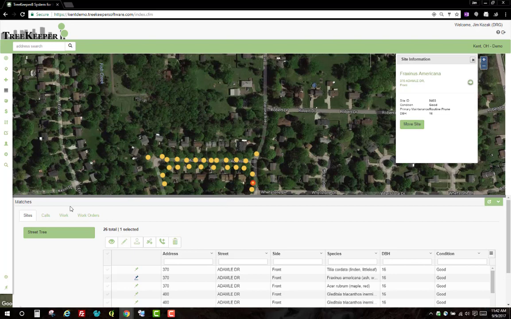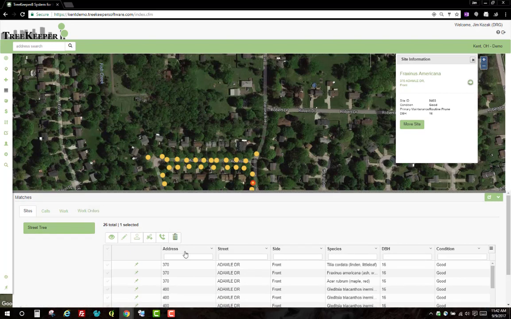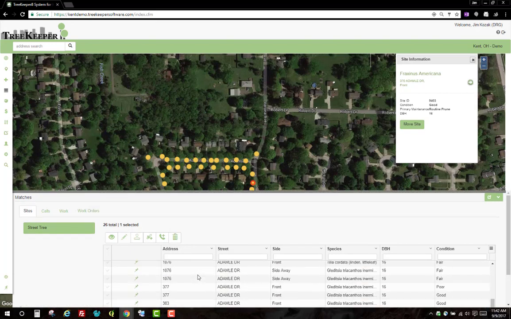A quick tour over the site matches screen. As I said before, when you perform a search in TreeKeeper 8 for either sites, calls, work, or work orders, you actually get all 4 of them, and they're represented in the tabs here at the upper left-hand corner of the site matches screen. So currently I'm on the site window, and all the information I'm viewing here is site